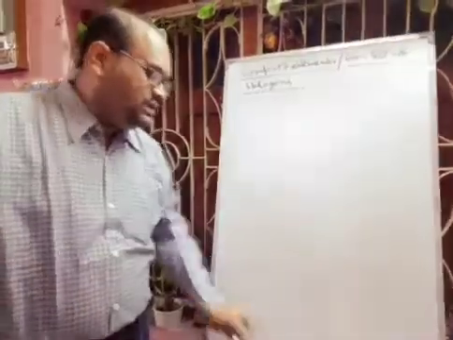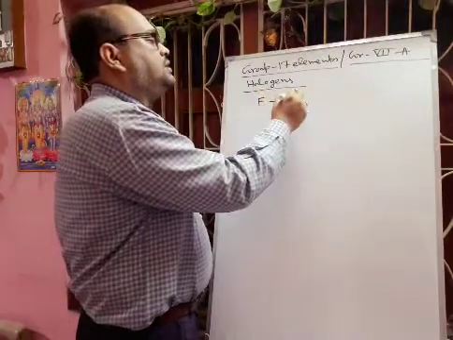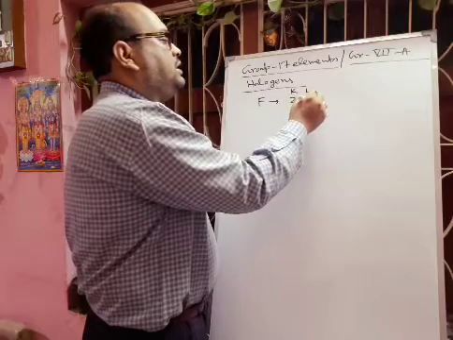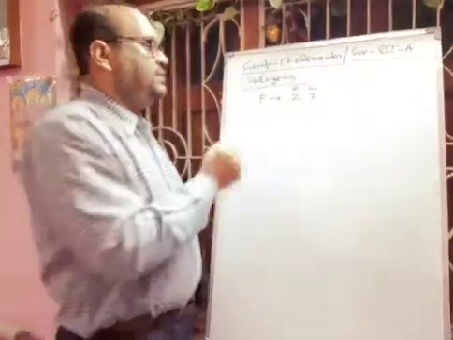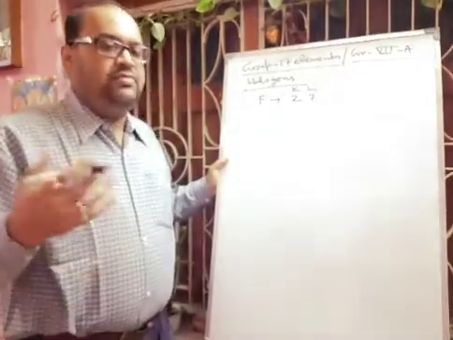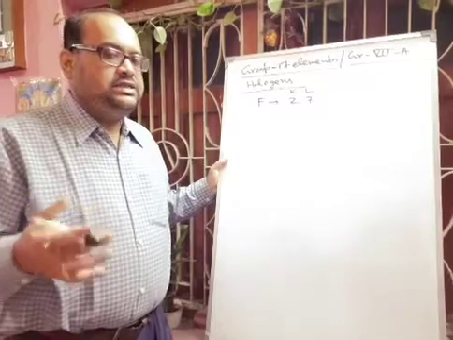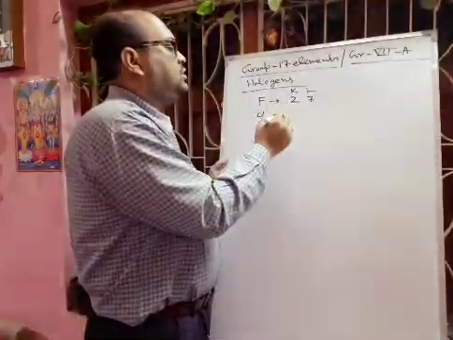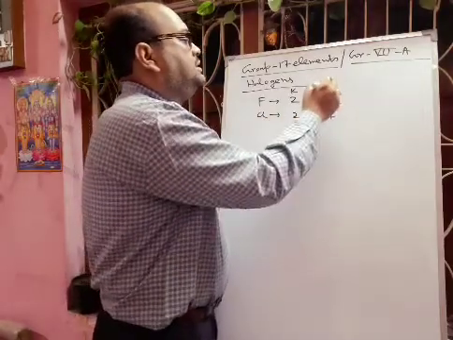The first halogen in this group 17 is fluorine. Fluorine's electronic configuration will be 2 in the K shell and 7 in the L shell. So in the outermost shell of fluorine, 7 electrons are there. After fluorine, there is chlorine, then bromine, then iodine, then astatine, then tennessine. Tennessine is newly discovered. After fluorine comes chlorine, so chlorine will be 2, 8, 7. This is the M shell.